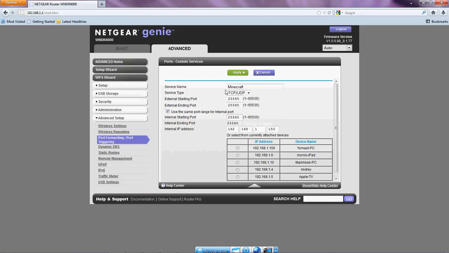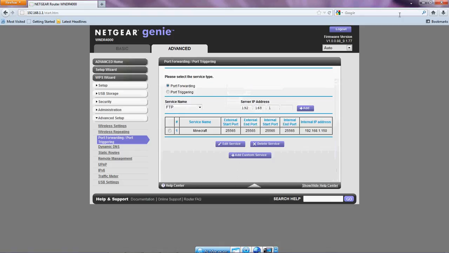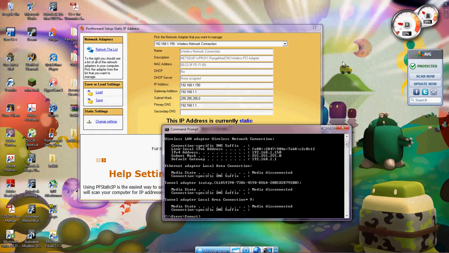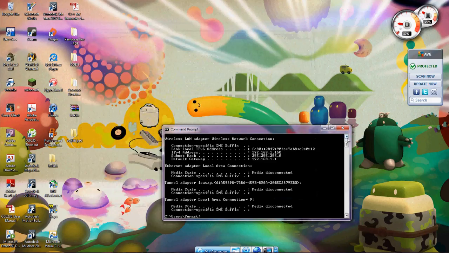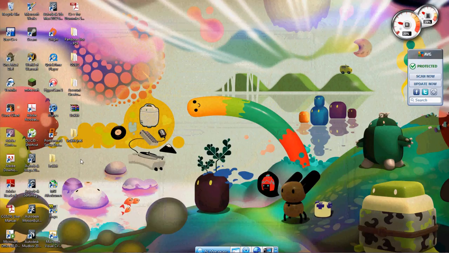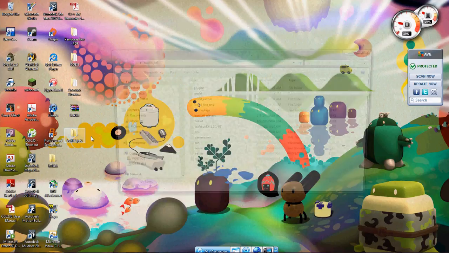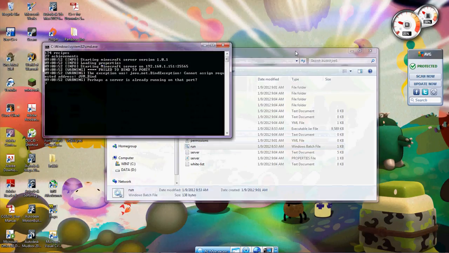150. There you go. Now you are done. Now if your friends go out, your IP won't change when you start your computer, and it's all fun and games from there. And now you guys are done successfully. You have set up a Bukkit server that now runs. You have successfully port forwarded,